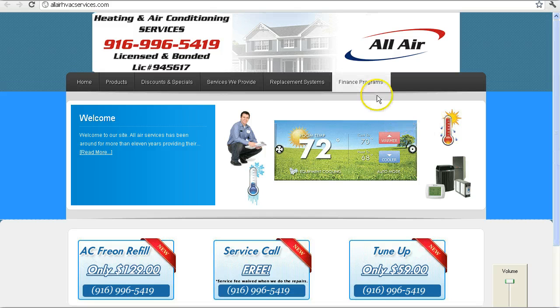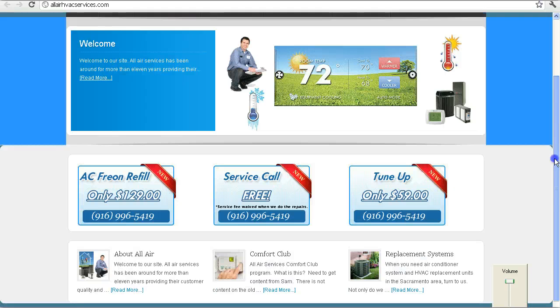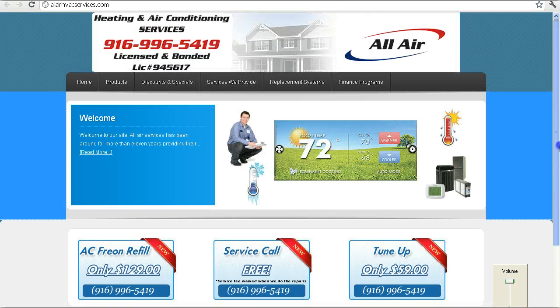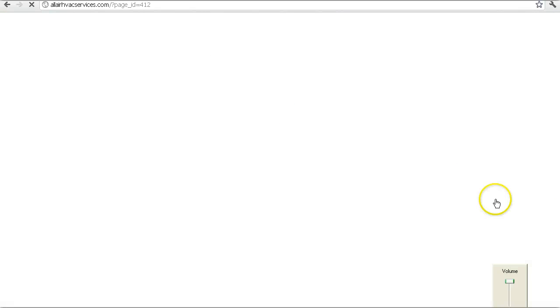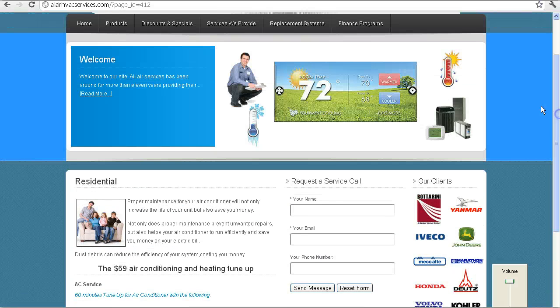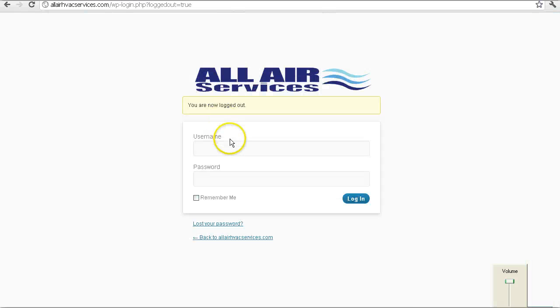However, all of the separate pages of the website you can change very easily yourself, and I'm going to show you how to do that now. Let's go to, for example, services we provide, maintenance, and residential. Okay, so let's go to the residential page, and I'm going to show you how to edit that page. So this is the residential page, and what you want to do is you want to go to your back